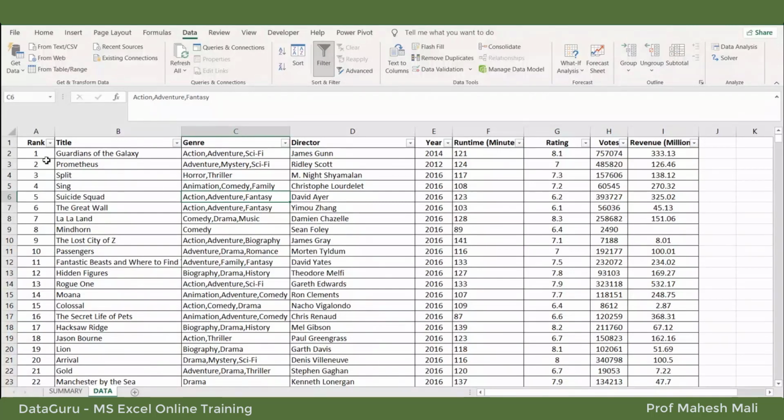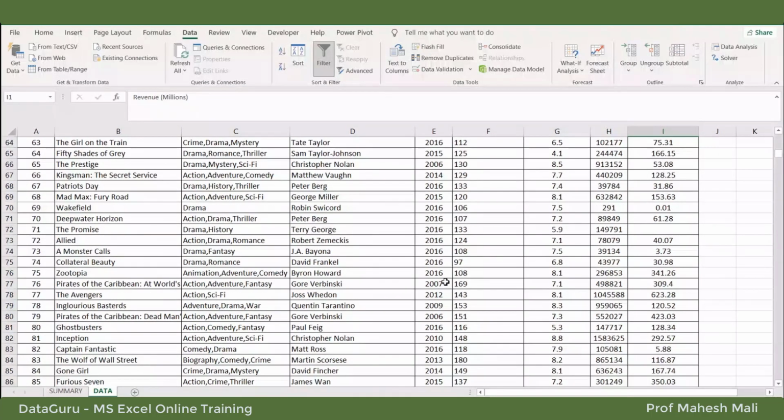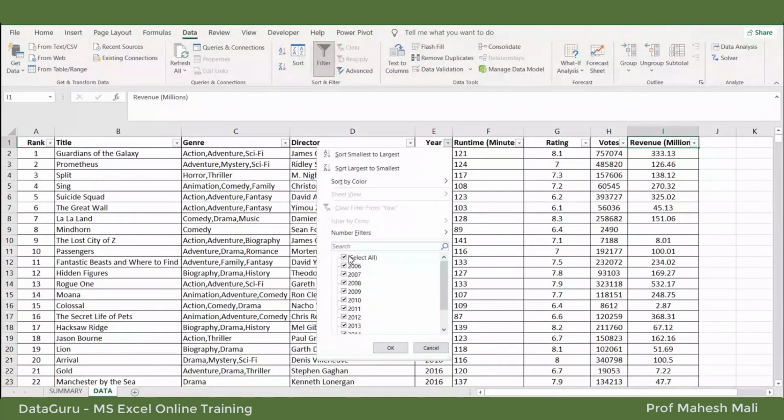This is my data, which tells us the rank, title, genre, director, year, runtime, rating, votes, and very important, revenue. Today I am going to calculate revenue of only 2016.